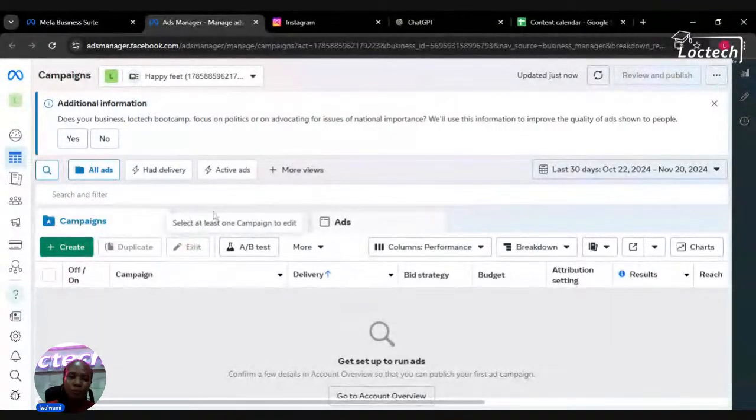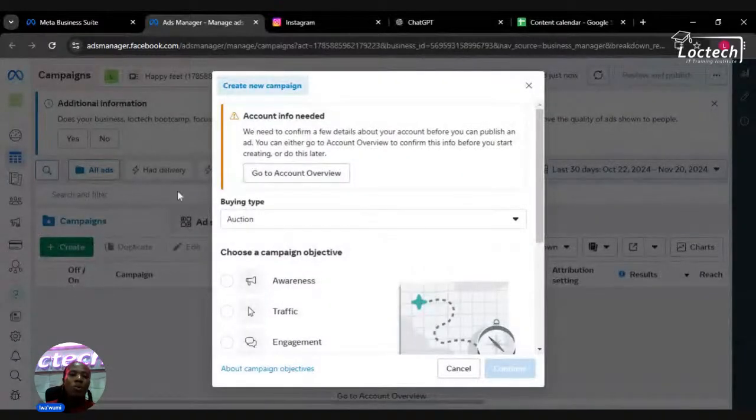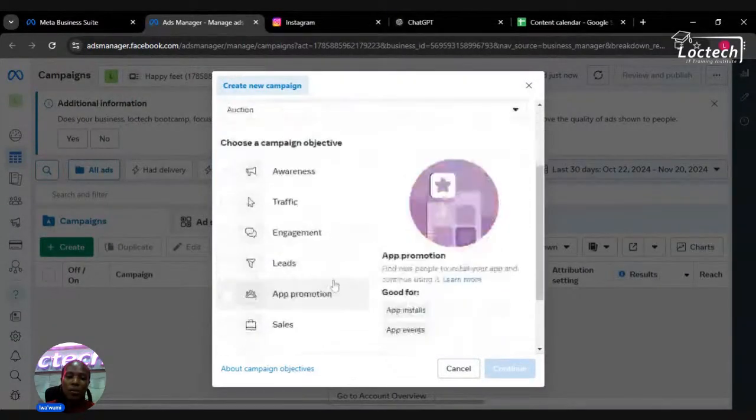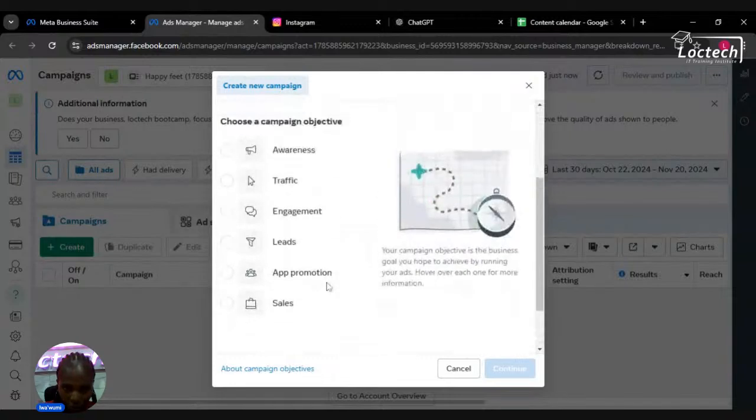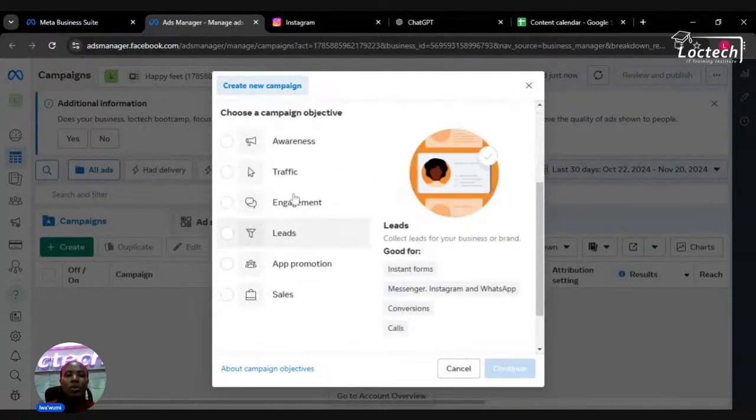All right, so now you're on this interface. If you want to start creating your ad, you see this create button here, so just click on create. Once you click on create, this comes up because they want me to add my card details so that they can easily fetch money from it. Thank you very much, I'm not adding. All right, so we have